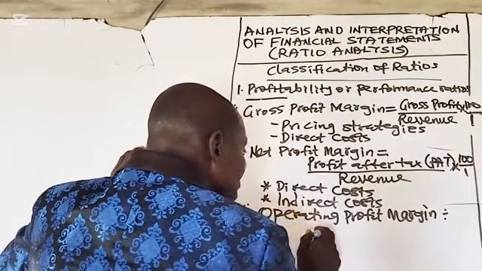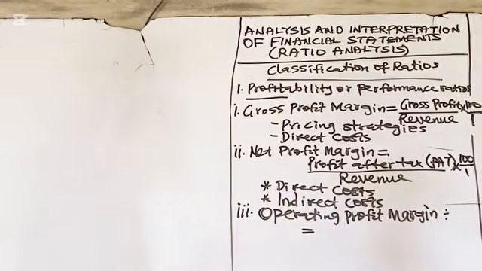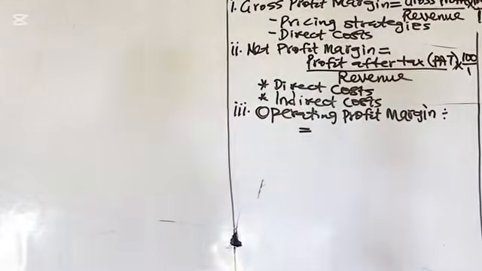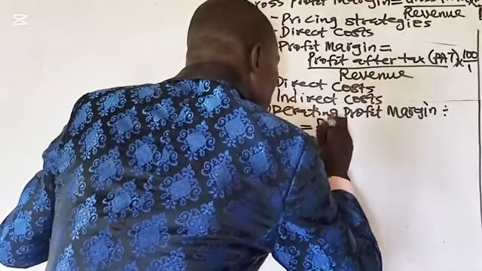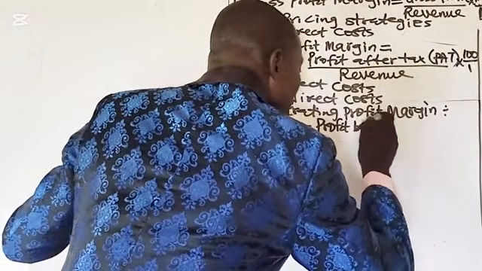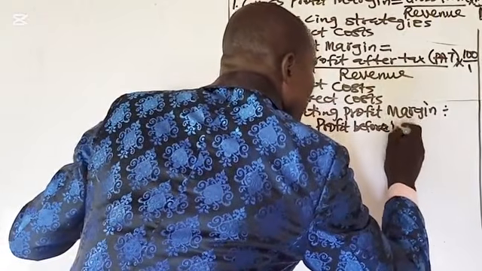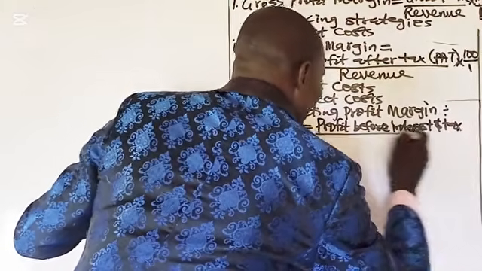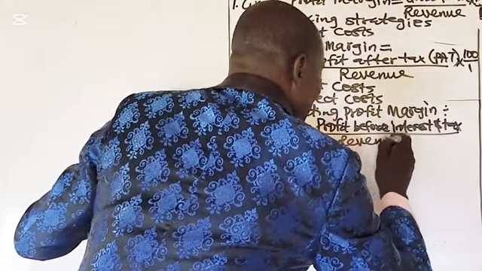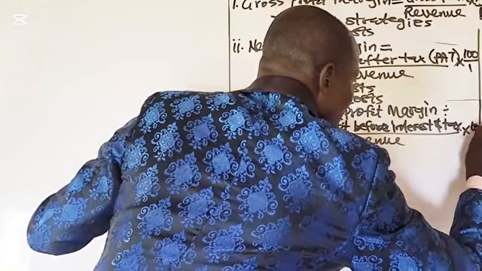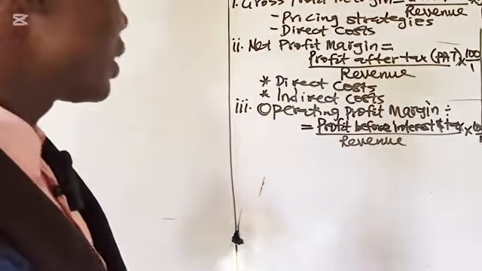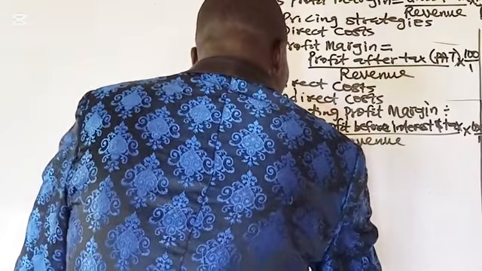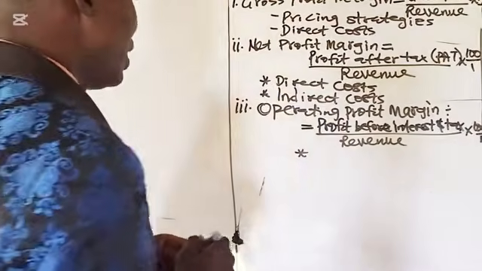Therefore, your operating profit margin will be equal to the profit before interest and tax over revenue, times 100 over 1. It means your discussion on this ratio, those things that would impact this ratio, could be your operating expenses,